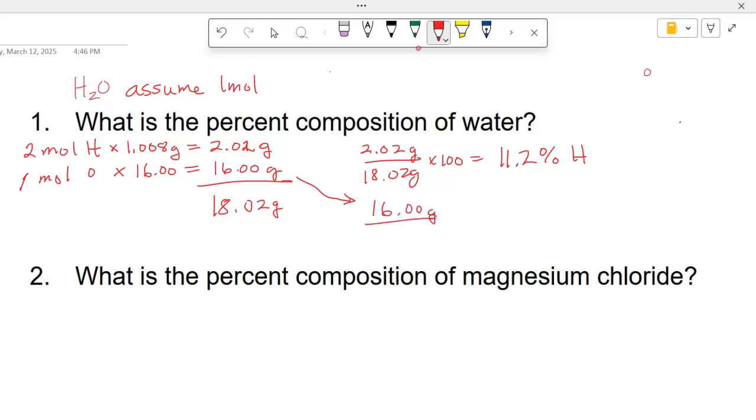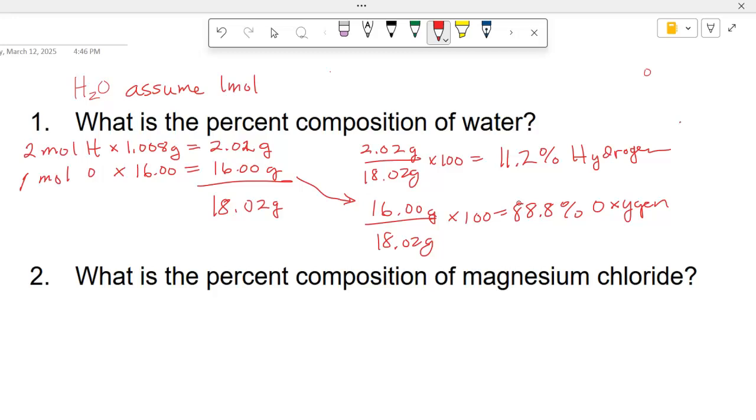16.00 grams divided by the total 18.02 grams, and times that by 100, and we are going to get 88.8 percent oxygen. So 88.8% oxygen and 11.2% hydrogen. Now, if we do this right, these should add up to 100 if we only have two different